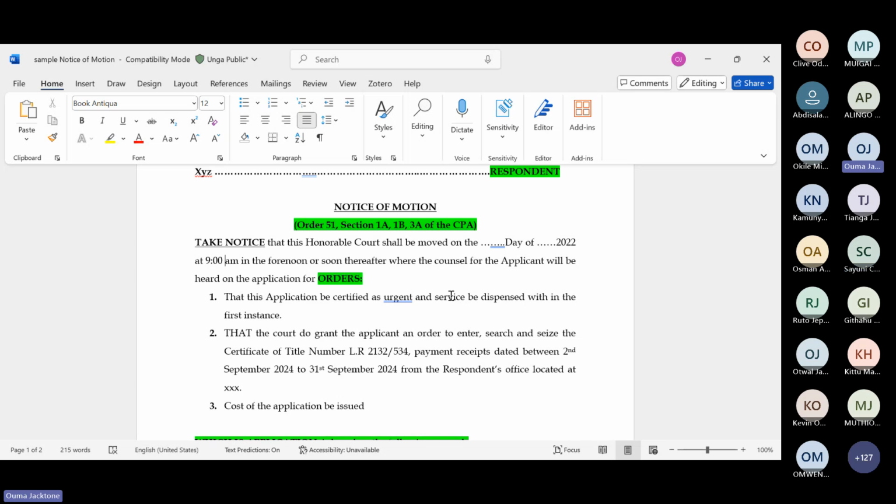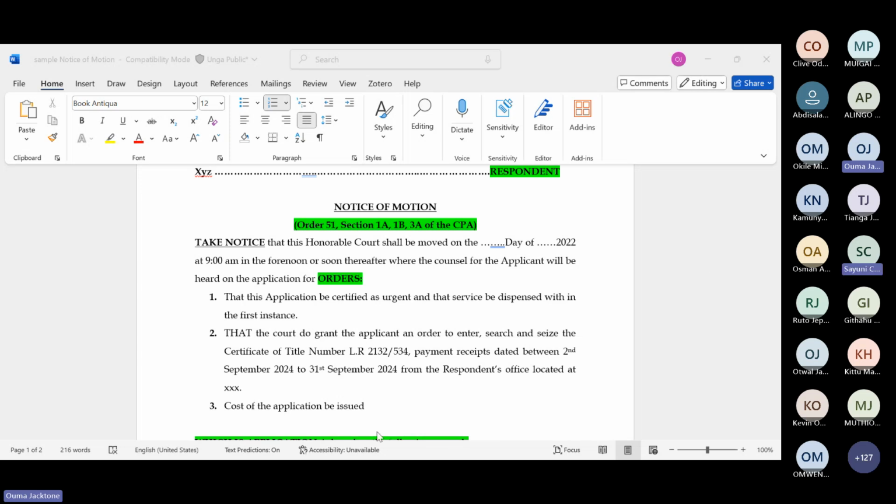Of course, some courts will delay, but the practice is that anything that is brought under certificate of urgency must be dispensed with within the same day because it is urgent. So it will be heard the same day. Okay, but you don't include that date. You just leave it blank, and the person that is preparing the cause list, that is the clerk, will insert a date there.